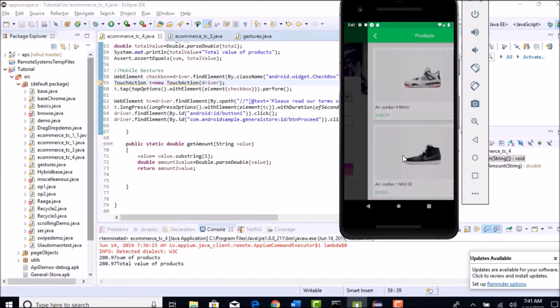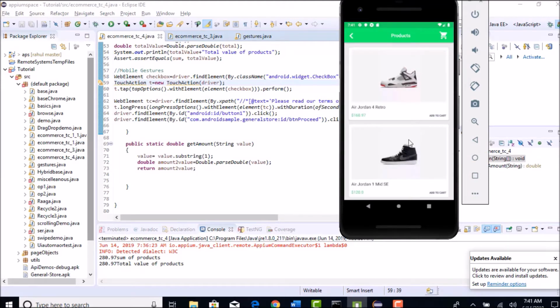Now, how do you tell your Appium code that you are not in the native app, or if you want to switch your context to the web, you have to tell Appium explicitly. Then only will it inject that Selenium stuff.